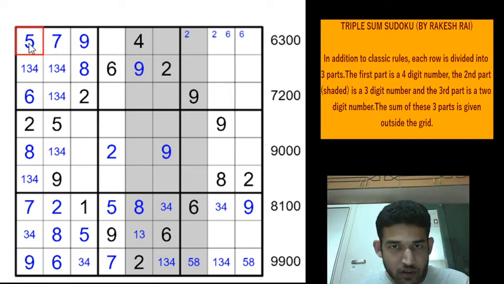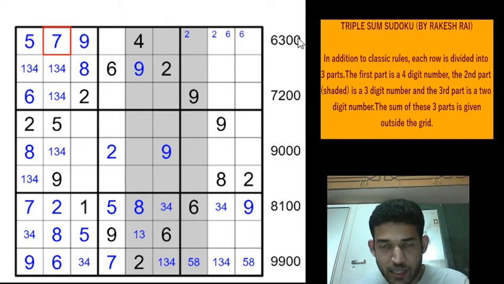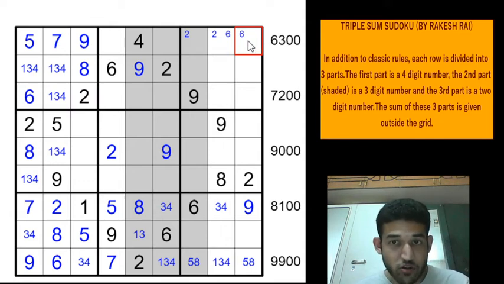Now let's focus a little bit on this total. Since we have obtained the digits in the hundreds position of this total, we'll focus on this total more. Now the digits in the units position can add up to 10 or 20, right? It cannot add up to 30. So can it add up to 20? No, right? Because then row 1 column 4, row 1 column 7, and row 1 column 9 should add up to 20, which is not going to be possible because we have 5, 7, 9 here. The maximum total we can get here is 8, 6 and 3, which is giving us 17. So you cannot have 20 from these three cells. So these three cells would add up to 10, right?